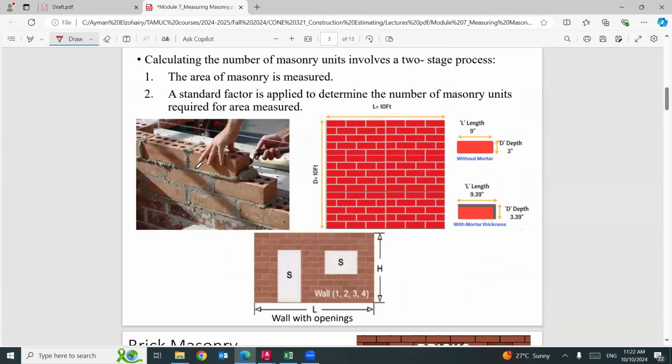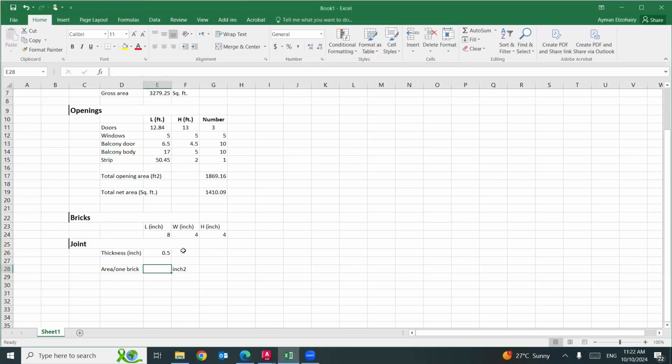If you remember, the layer of the mortar is called joint. This thickness is 0.5 inch. So each brick will be considered from center line to center line. So quarter inch from this side, quarter inch from the other side. So I have to increase the length by 0.5 inch. And the height, I will consider from center line to center line. So I will add a quarter inch from this one and a quarter inch to the 4 inch. So the total surface area will equal